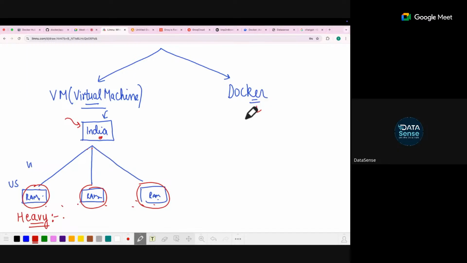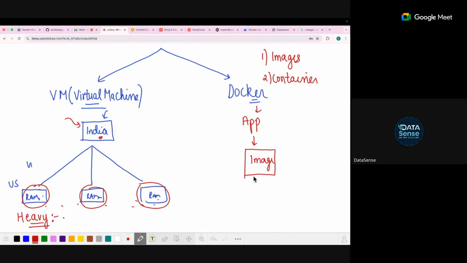Suppose you have a code, let's say a Python code, or an application which you created, just like a chatbot which we created at the top. We will take this application. Now there are a couple of terms in Docker which you will study. One is Docker images. Second is Docker container. I will explain them in detail later. But what you do is put that application and convert it into a Docker image.